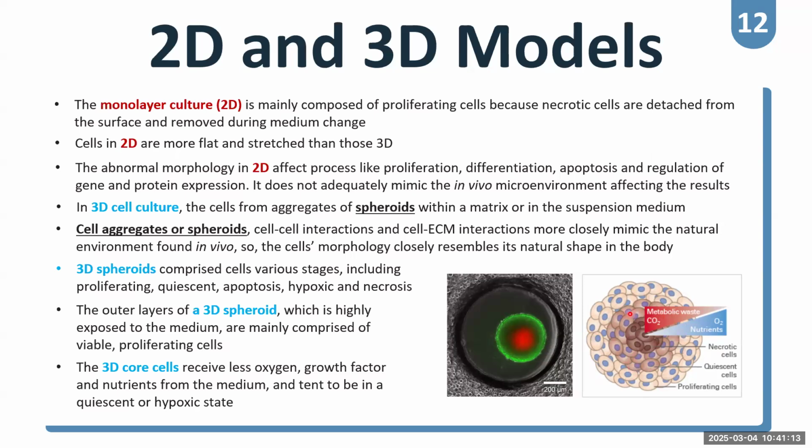Okay, what we have to be concerned about is the tumor core inside, because on this side they have less oxygen. It's called a hypoxic condition. They have fewer nutrients. Also, in this region there is a lot of autophagy. Okay, because they have no oxygen and no nutrients, they can die by necrosis. Okay,